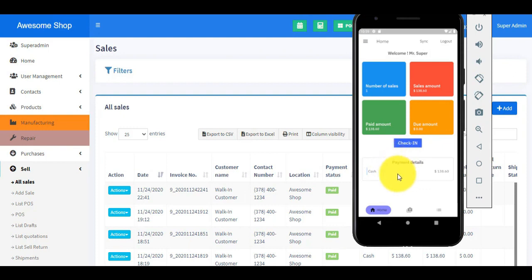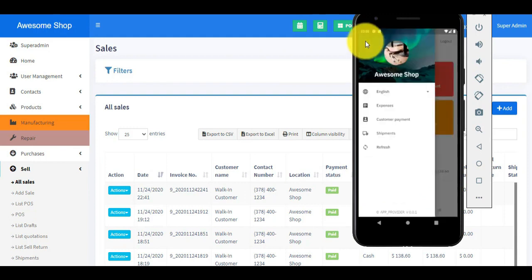And here it is showing me the details of all the payments which have been collected. Cash is collected this many amount. If you have card here, it will show the card amount. If you have any different payment methods enabled, it will show the details of all the different payment methods which have been collected. If I click on this menu here, it's showing a very beautiful background image,